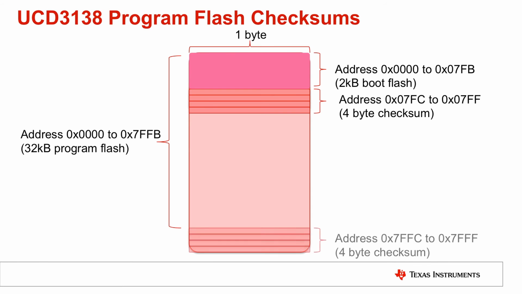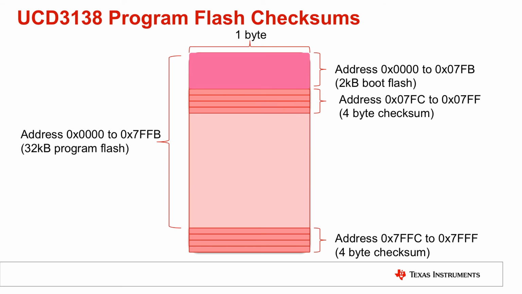If a boot program is not required, the last 4 bytes of Program Flash are reserved for another 4-byte checksum, which is calculated by adding the contents of each byte of Program Flash over the entire 32 kilobyte range. After a power on or reset, the boot ROM routine validates these checksums at the 2 locations, and based on the results, will decide whether or not to stay in ROM mode or to start executing the code in Program Flash. This is what we call Flash mode.